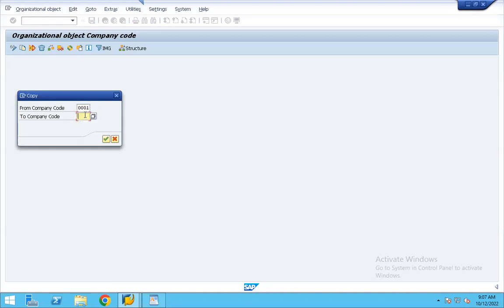And the new company code we will use is R001, and we will hit on continue. What this will do for us is that whatever financial entities are already available in 0001 will all get copied into our new company code R001, along with the address.